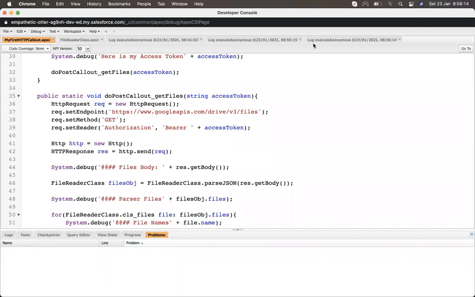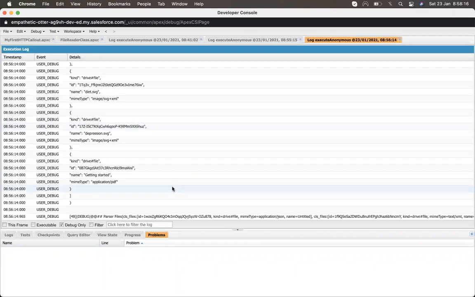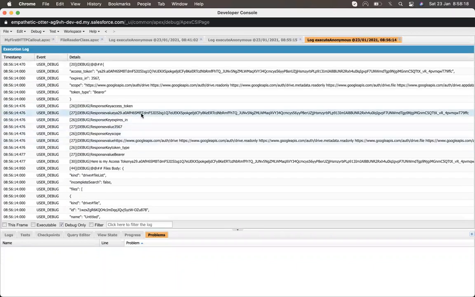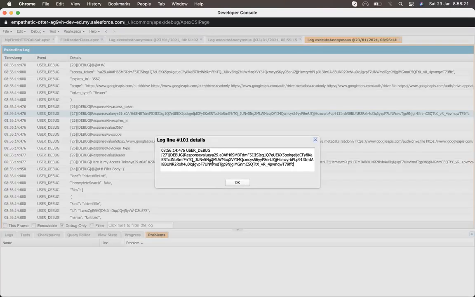So I'm not again going to use the access token. Let's use the already created access token from here. Value, yeah, value.